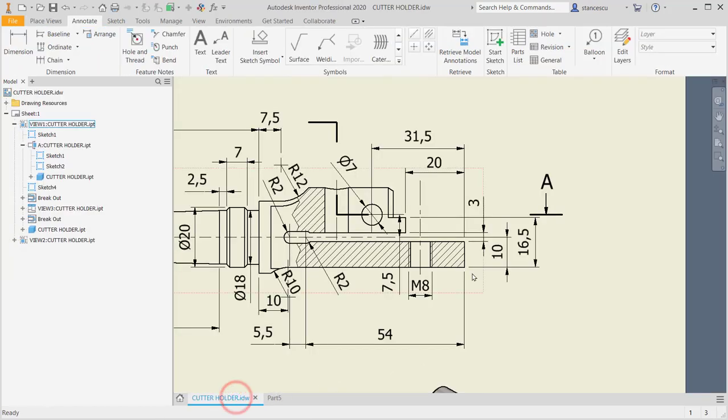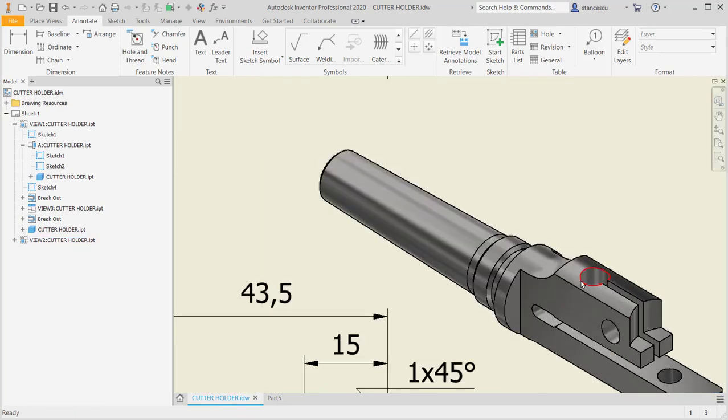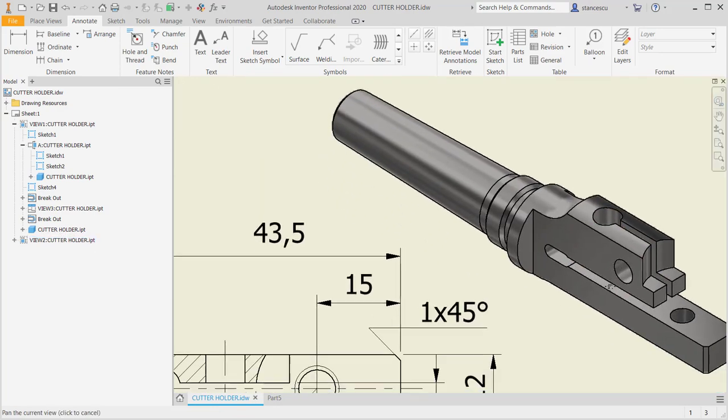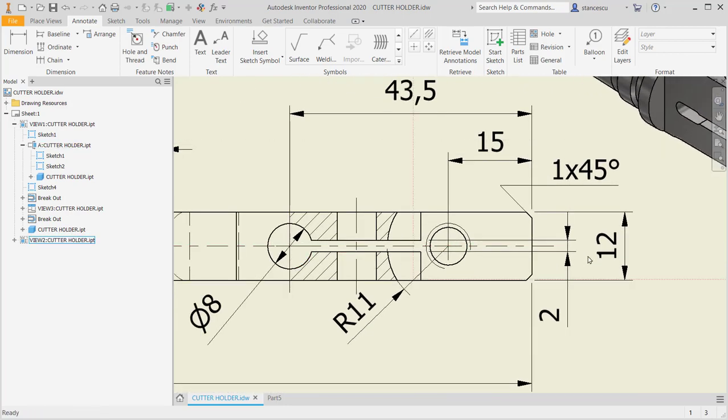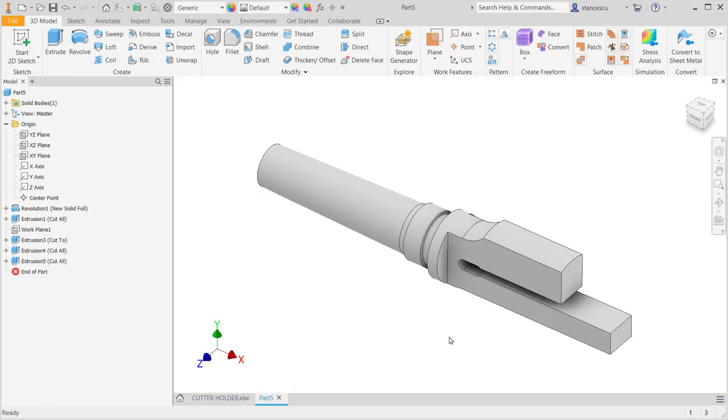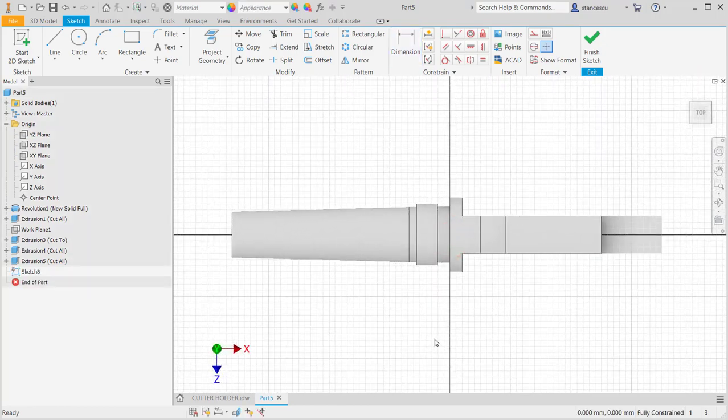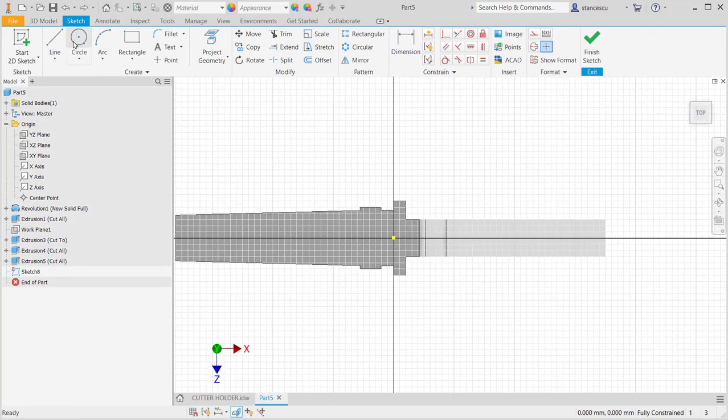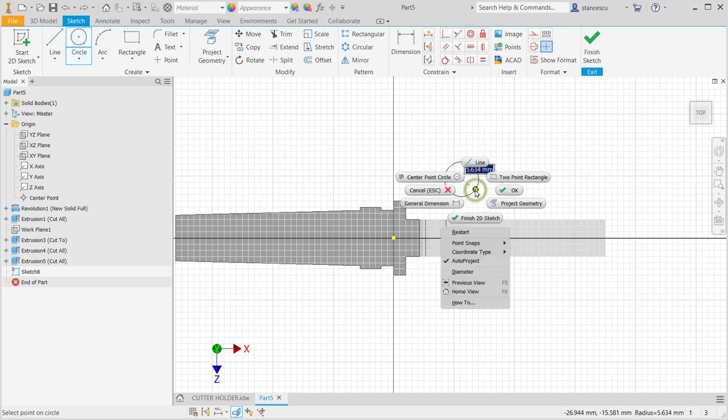Now there is another cut here. You see a hole and a continuation with 2 millimeters thickness, 43.5 and 2. Good. The same plane. The same plane to create this construction. F7, a circle of diameter 8,